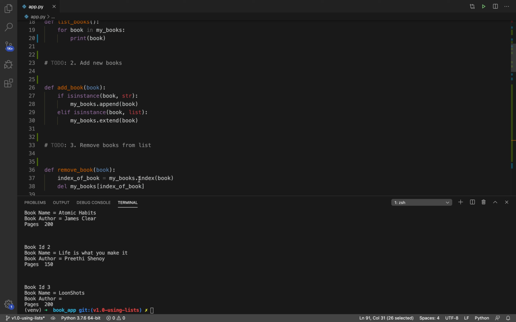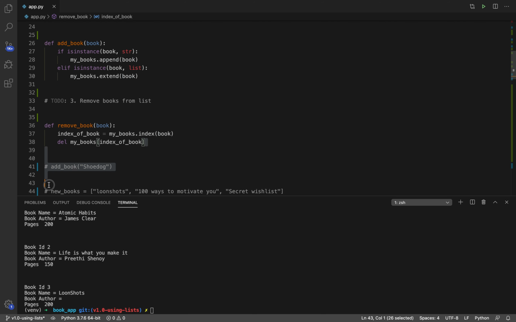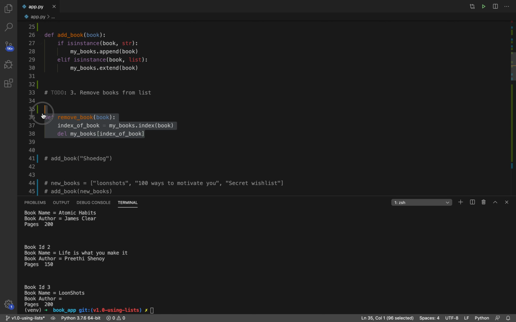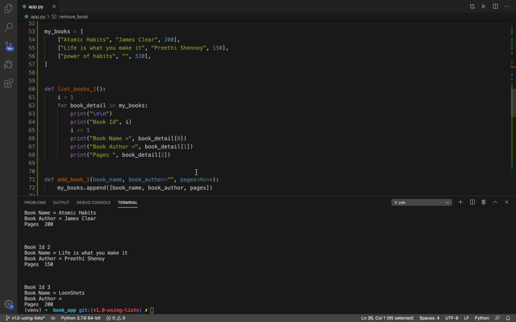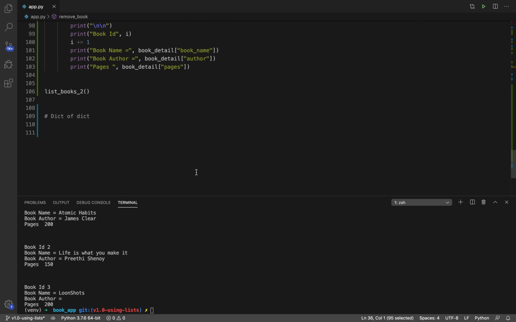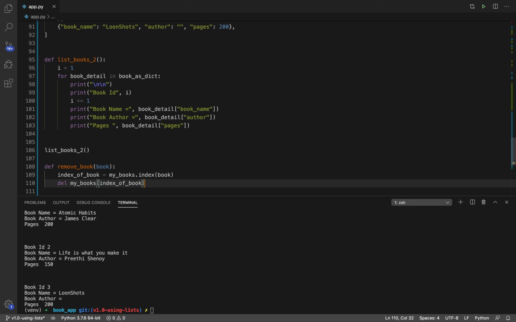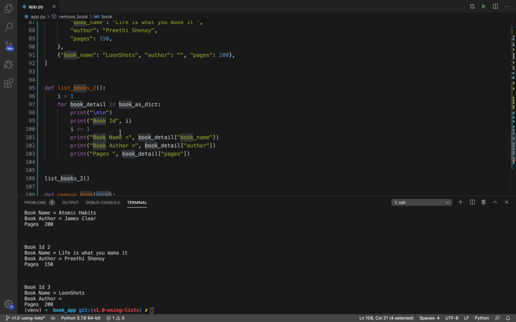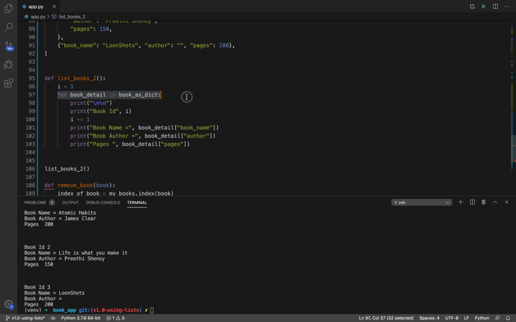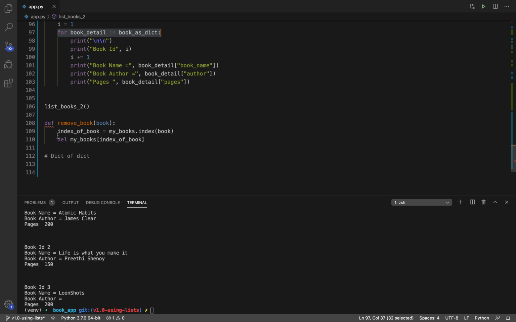When it comes to remove book, previously, since it was all names, we just passed a book name and then we got the index and then deleted the book. But in both method number 1 and method number 2, list of lists and list of dictionaries, it gets a bit more complicated. So I'll still pass book name alone, and I would have to loop through this particular list, and